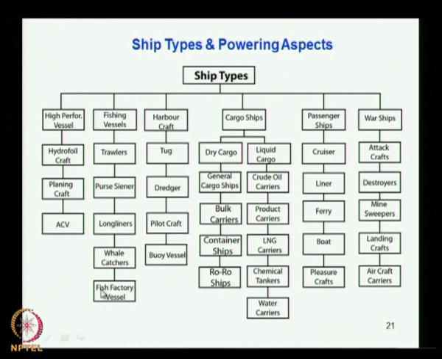Then the fish factory vessel is the one where fish is caught; it can do catching of fish, or it can also be a part of a fleet of fishing vessels. So you have many fishing vessels operating in the same region or maybe in different regions, and the fish is brought to this factory vessel. The factory vessel has all the plants for processing, canning, storage and everything. So it does the central processing of the caught fish. Here the power requirement is for the free running condition and also the power required for the plant machinery and all that. So you have to look into that power requirement.